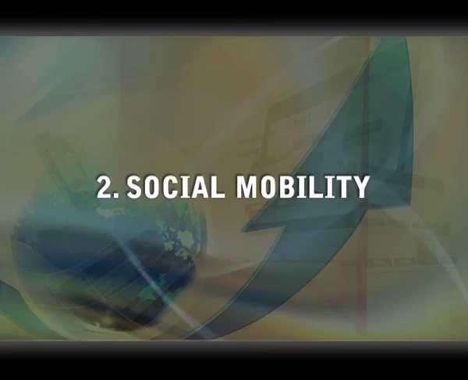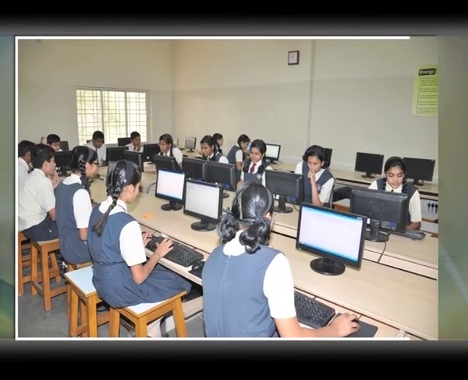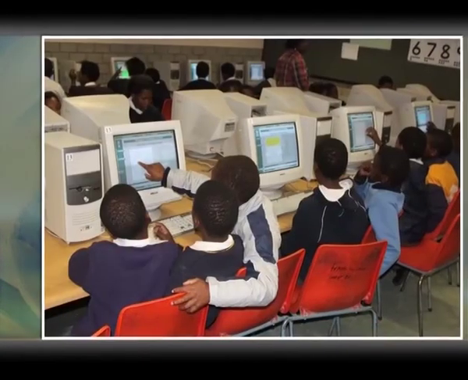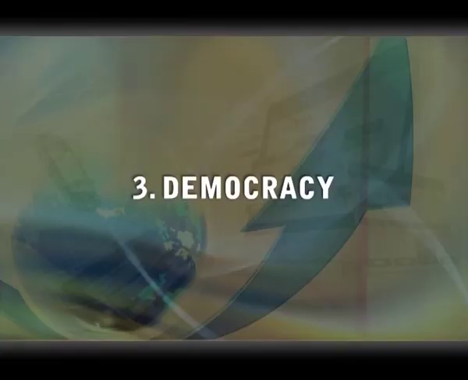Number two, social mobility. Some believe that computer and computer networks play an increasingly important role in their learning and career, so that education should include that of computing and use of the internet. Without such offerings, the existing digital divide works unfairly to the children in the lower socio-economic status. In order to provide equal opportunities, governments might offer some form of support. Number three, democracy. Some think that the use of the internet would lead to a healthier democracy in one way or another. Amongst the most ambitious visions are that of increased public participation in elections and decision-making processes.